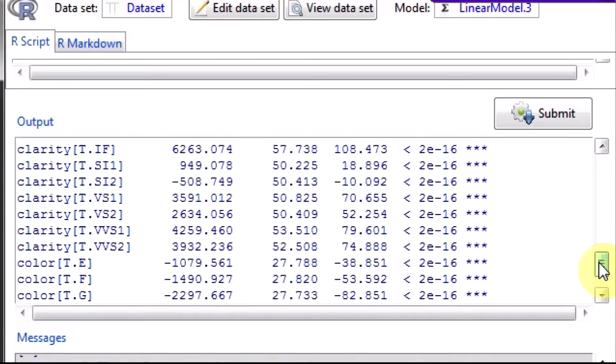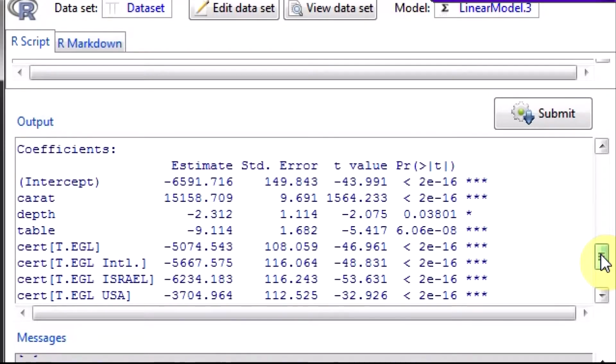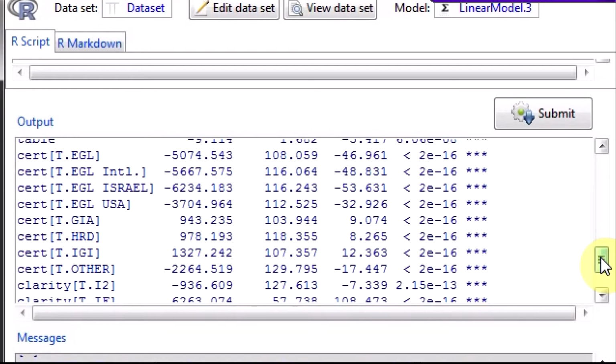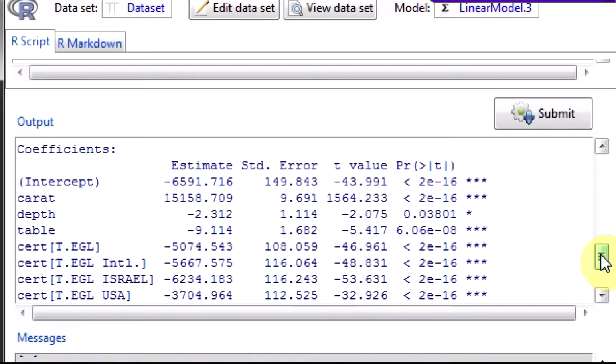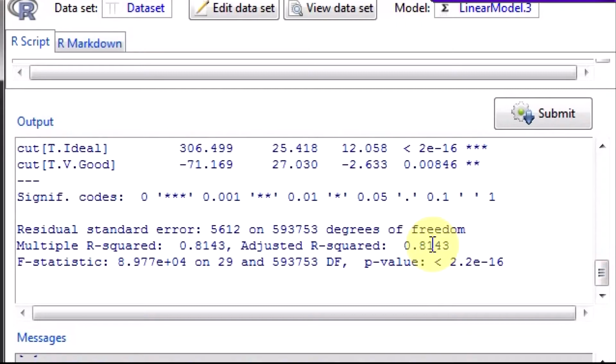Now look, I am able to get different equations, right? Now this basically reduces it to 1 or 0. For this model, if the cut is a given category, then it is 1, otherwise it's 0. So you will have different values of the model, right? This is a linear model. Notice the R square would increase.